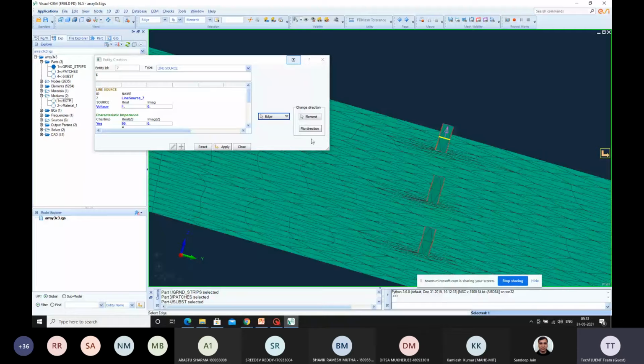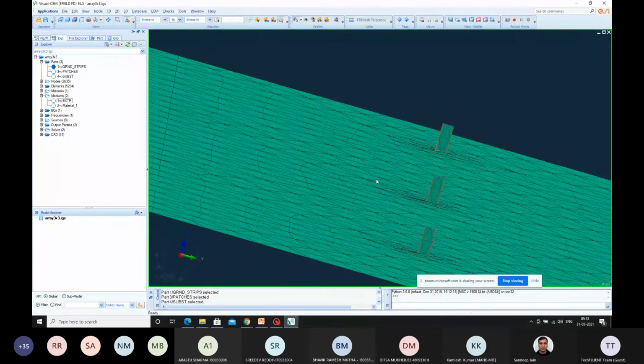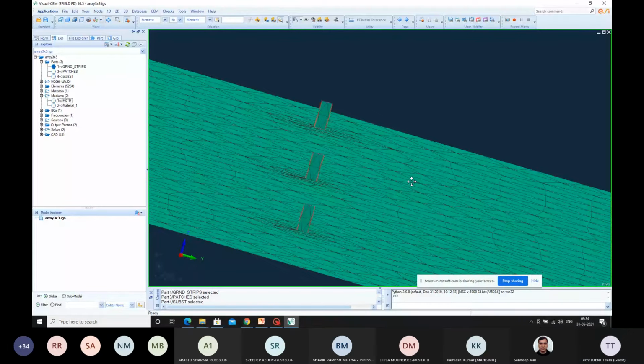Okay, so we are done with almost 9 sources. We have got it. So here, once you're done with the sources, everyone is a bit confused with the multi-source window, right? For this multi-source window, we have to go ahead with the excitations only. In the latest document, we have got into the excitations part.